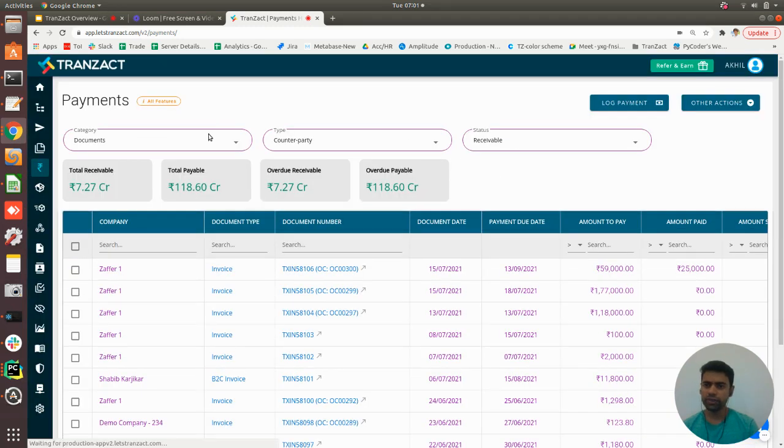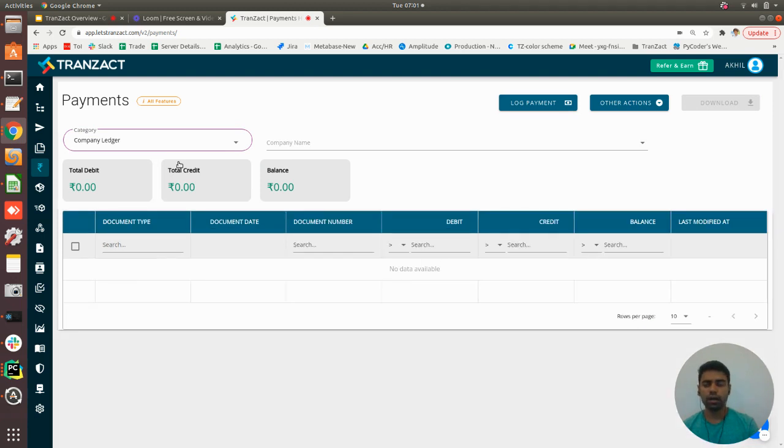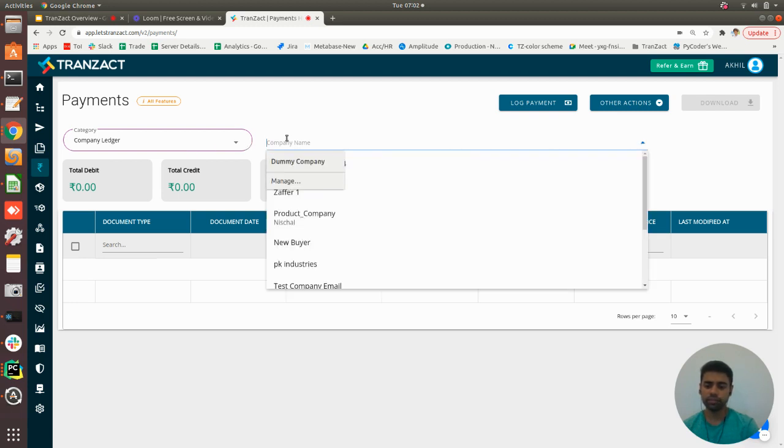The next section we are going to see is the company ledger. This is a very critical section. What typically happens between businesses is that sometimes a company calls up another company and says, okay, send me my ledger. What it effectively means is it asks the company to send me a list of all the documents that we have exchanged, such as invoices, credit notes, and debit notes, along with the payments that have been made or received. So in that case, what the company does is it comes over this section, selects the company,